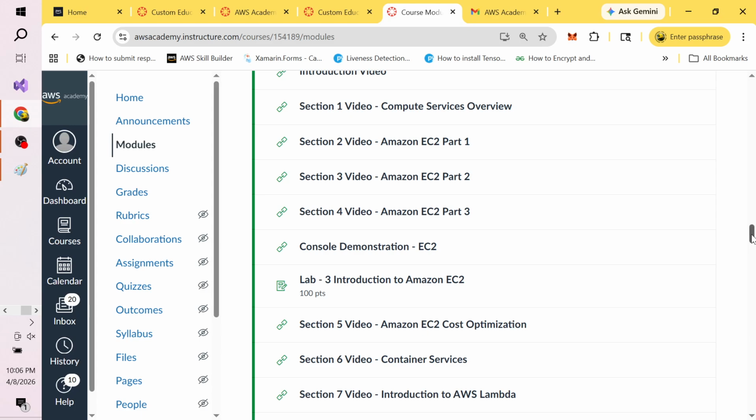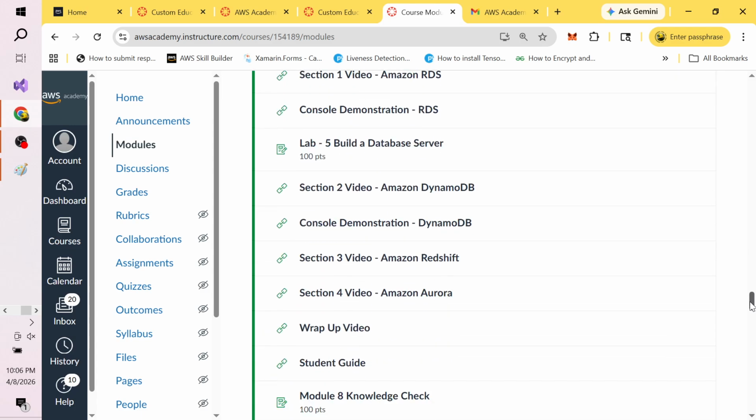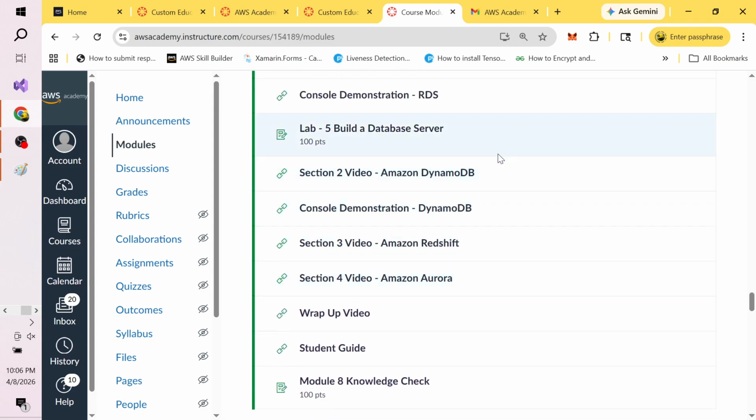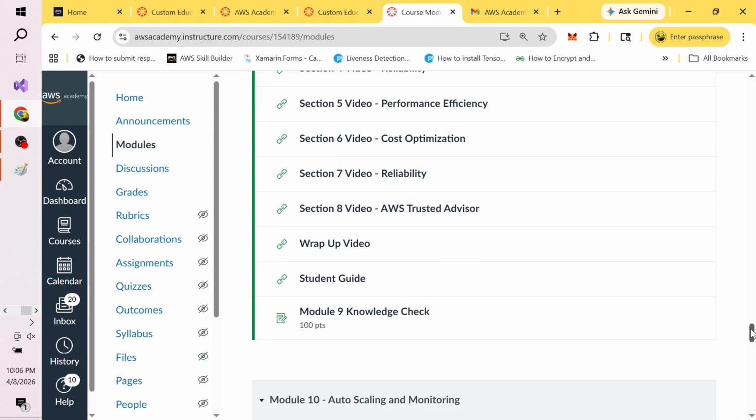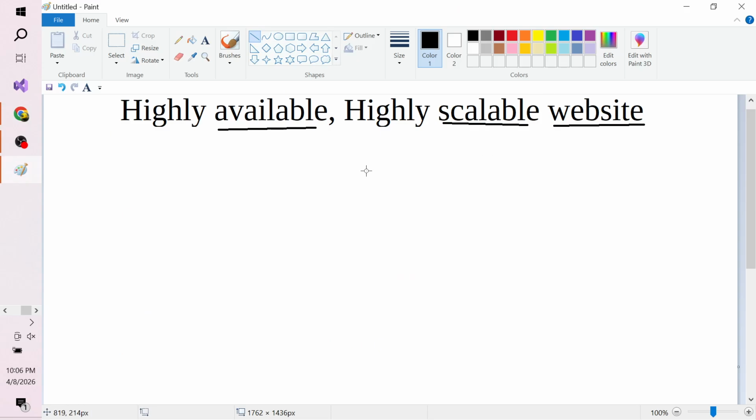In regards to the database, you can refer to the building a database server lab, and you're also going to be using load balancing and scaling in this lab. So how do you usually create a website? In this particular project,